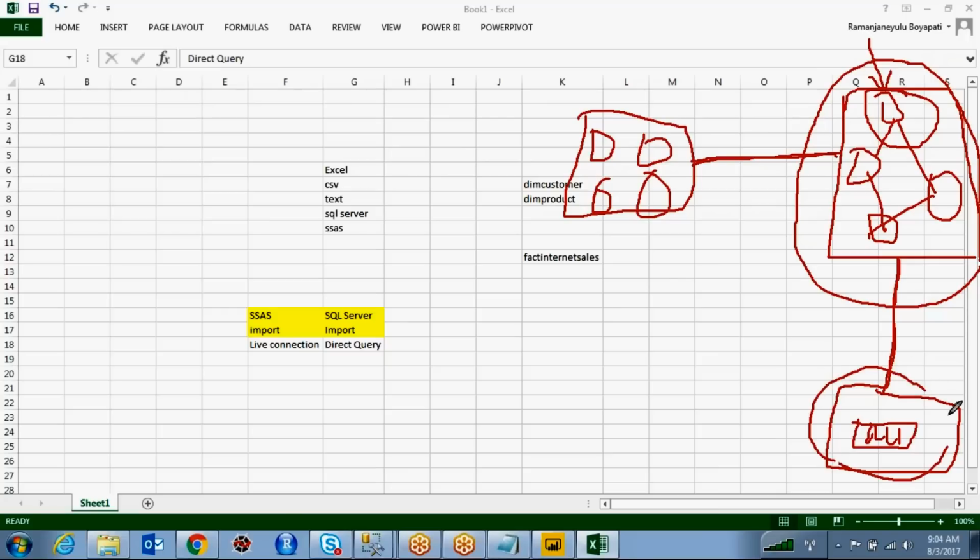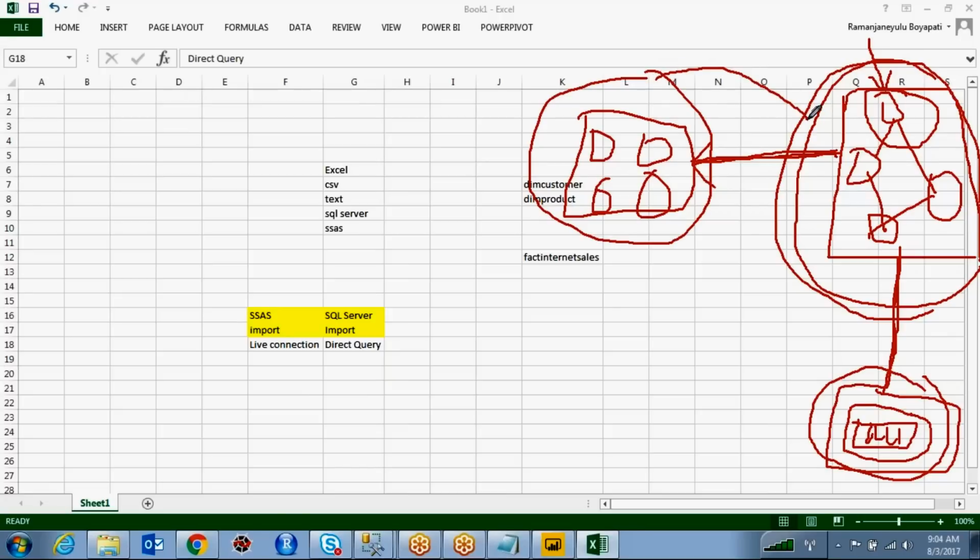As per your model, whatever data is required for this Power BI visual, it will generate a query on this data model and send it to your data source. That is nothing but direct query. The query will execute at your data source level, come back to your data model, and the same data will be displayed over here.